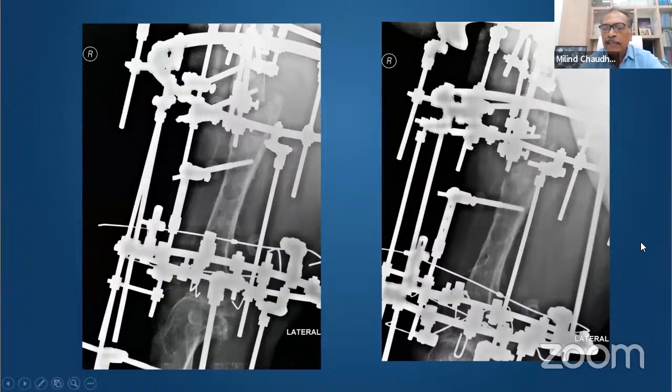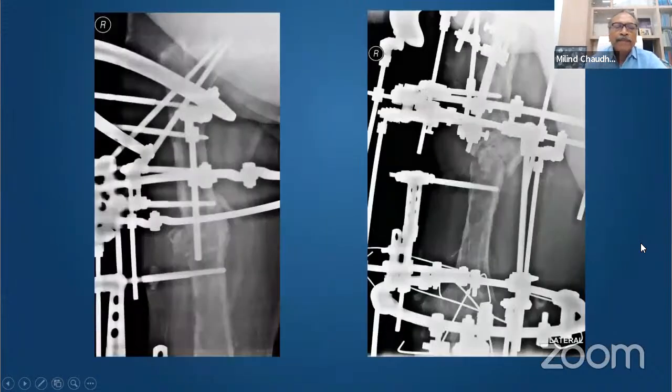We were almost at our wit's end. His bone was very soft. We had extended the fixation to below the knee. And so finally, I resorted to chipping treatment, through the same fixator,